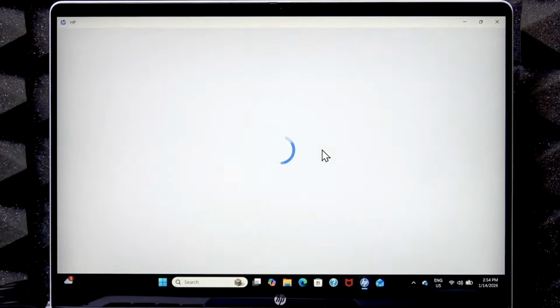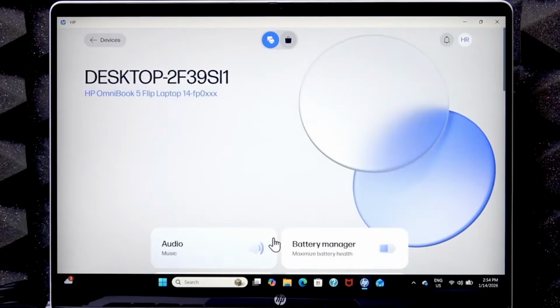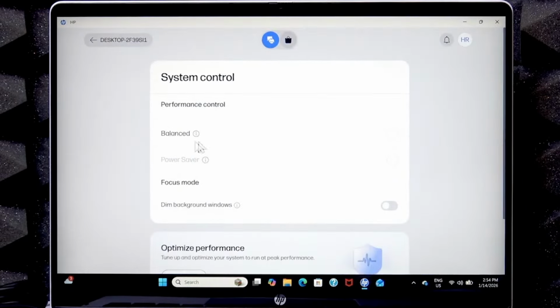Well, the Command Center application is quite more advanced than myHP app, but we can have access to the basic functionality of it in here. So all you have to do is open myHP application. You don't have to sign into your HP account, but if you want to, you can do that real quick. Then go to your laptop's settings, and here we can open system control, and unfortunately we cannot